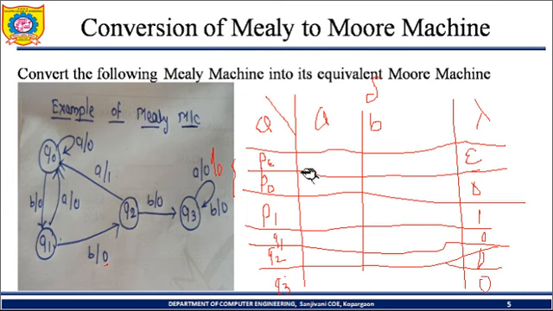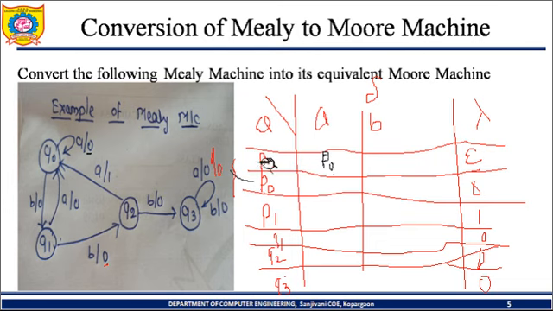So now we need to write down this delta. So now delta of P epsilon after reaching A. P epsilon is the original state of Q0. So Q0 after reaching A input, it will be in the same state, but at that time output is 0. So Q0 with 0 output state, what is it? Q0 with 0 output state is P0, and at that time output is 0. So I'll write here P0.